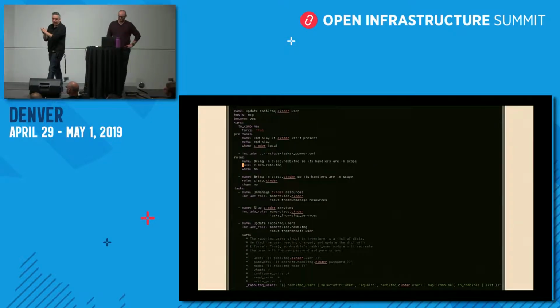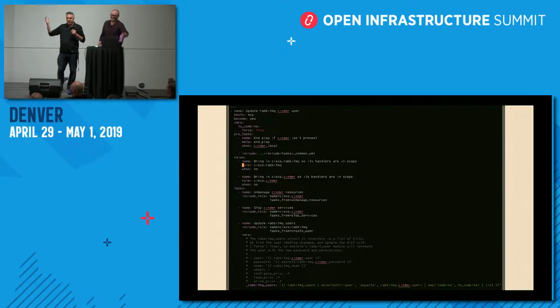More or less what we've done is we've reused all of our tasks, and we are targeting the tasks to say, on this particular set of hosts, go ahead and unmanage it through Pacemaker. Again, yes, we're using Pacemaker. Unmanage it through Pacemaker, stop the service.